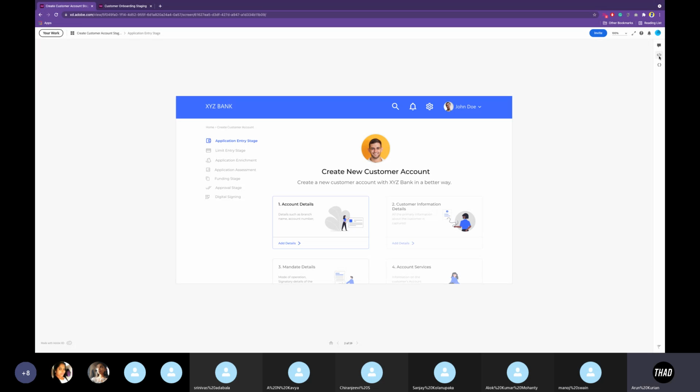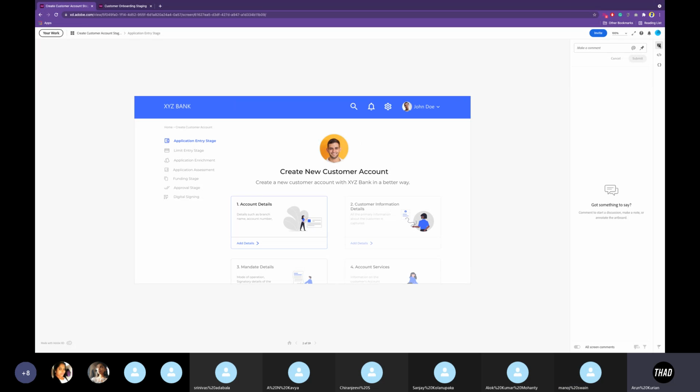First one is a comment option, second one is view specs, and third one is variables. Okay, so if you want to make any comment, for a page you can simply type in your comment, and that comment will be added to this XD file.